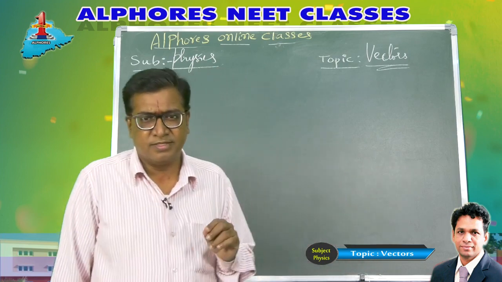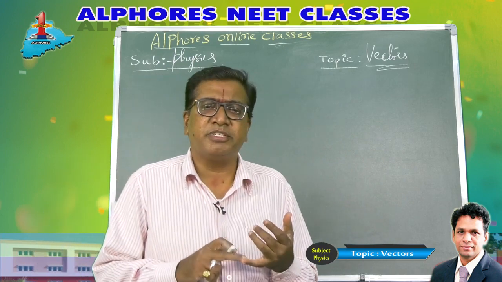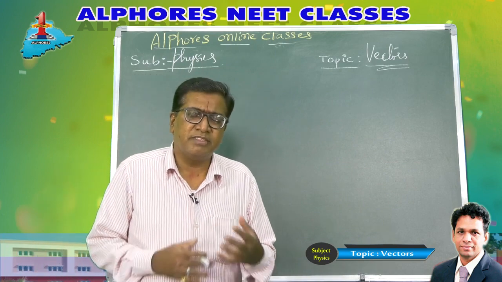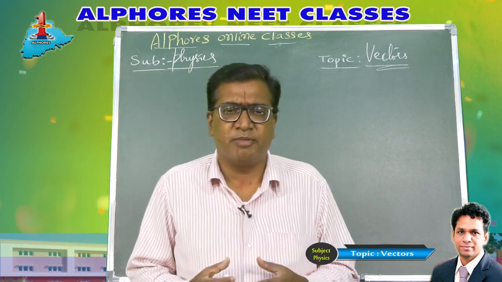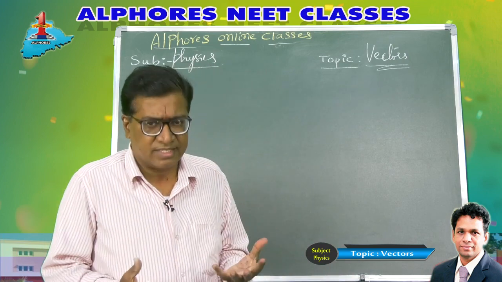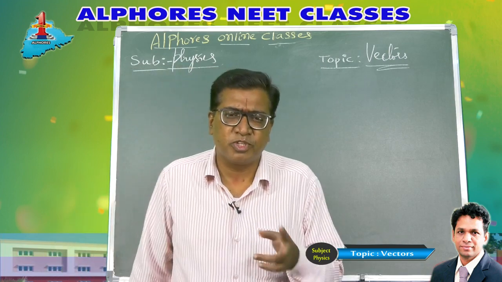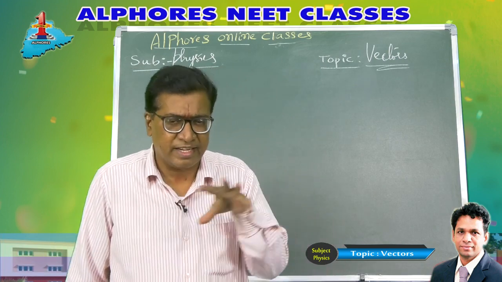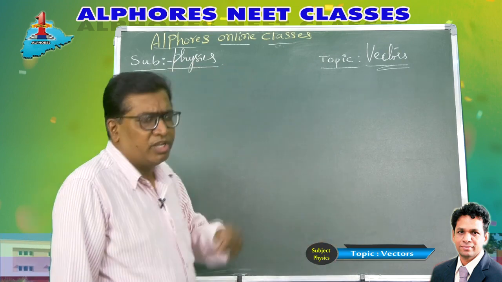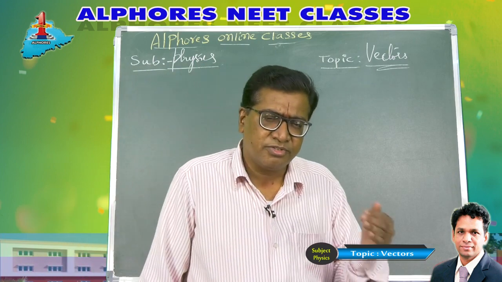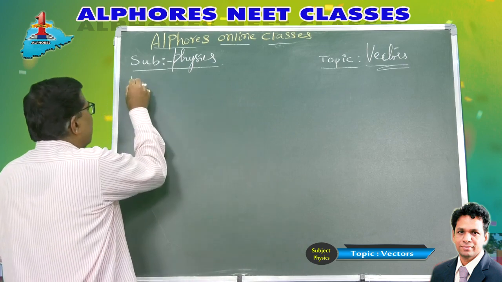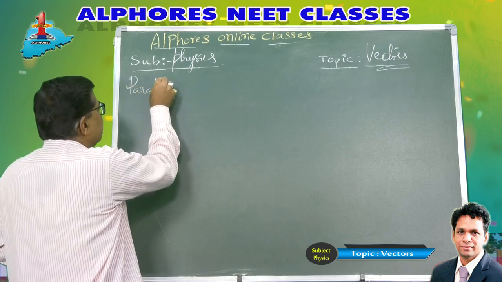Then I have said the representation of vectors, three methods. You can represent a vector by three methods. Later we studied about the different types of vectors. I have explained about different types of vectors. Then we have talked about the addition of vectors. Addition of vectors is possible by two methods, graph method and analytical method. Graph method is by diagram, picture form, triangle law and polygon law. So in the previous session we have learned about triangle law and polygon law. Now we shall talk about the parallelogram law of vectors, a very important